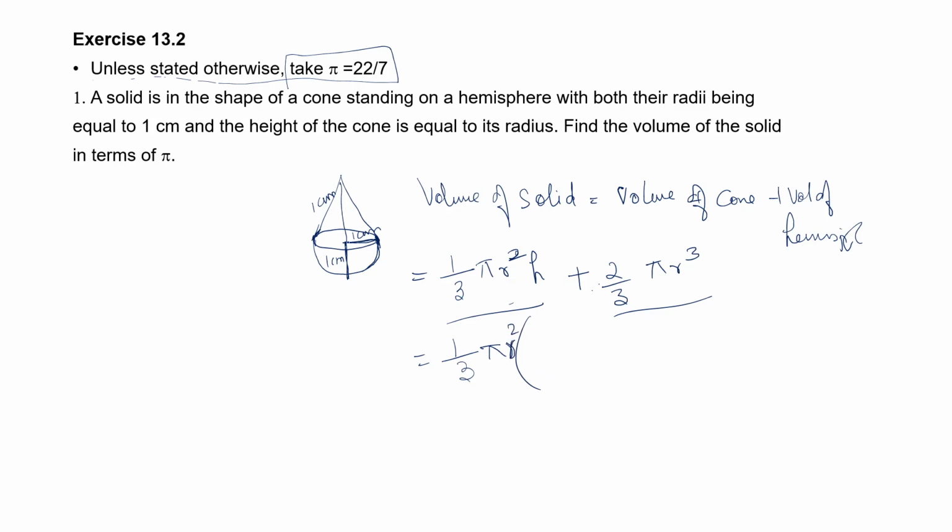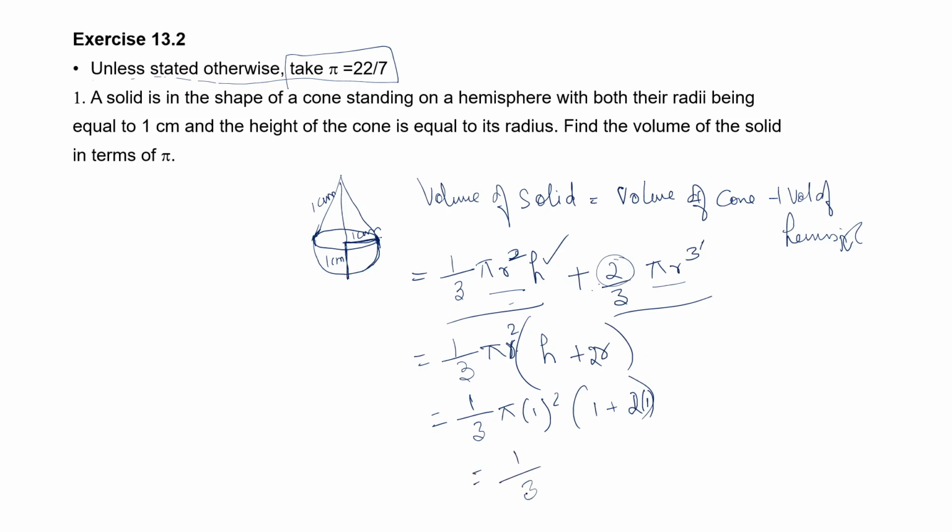Since the r is the same in both, we can take r square outside, remaining will be h here, and here it will be r. All are going to be 1 only. So 1/3 pi into 1 square into h plus r is 1 plus 1, and here 2r, so common will be 2 into 1. When taking pi r square common outside, here h is remaining, here 1 r is remaining, and 2 is remaining here. 1/3 we have already taken outside.